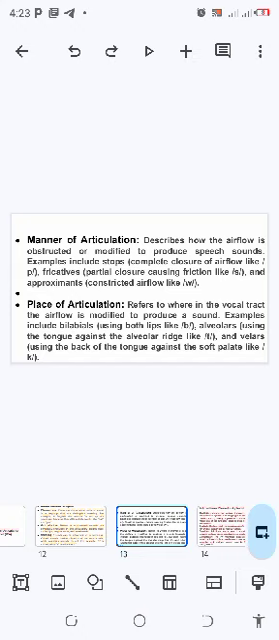Another principle here that we want to look at after the last one is the manner of articulation. Manner means how. We already know articulation is producing the